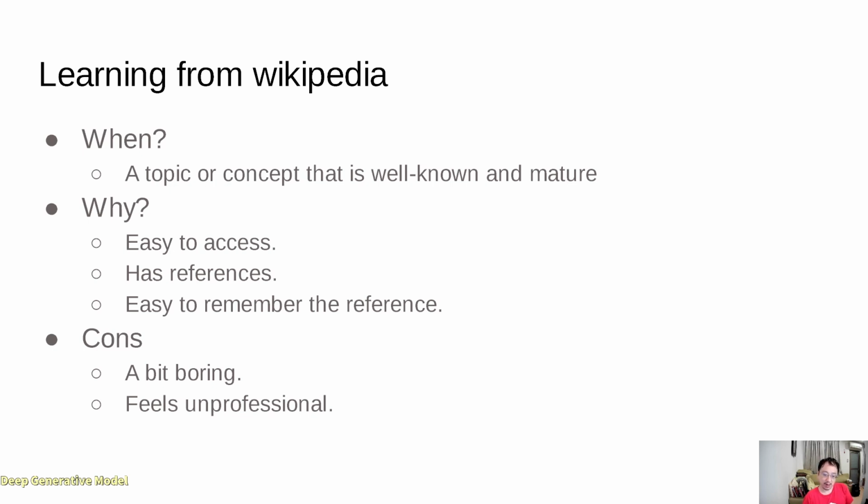So for me, I think it is more suitable for the case that a topic is very well known and mature. Then perhaps using Wikipedia is one way that you can start with. So what's the benefit of using Wikipedia as your starting point? So first thing, if this is the first step that you learn this concept,